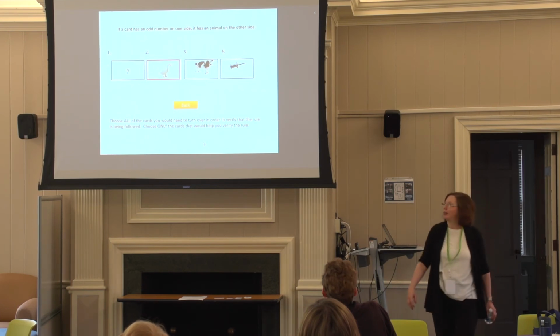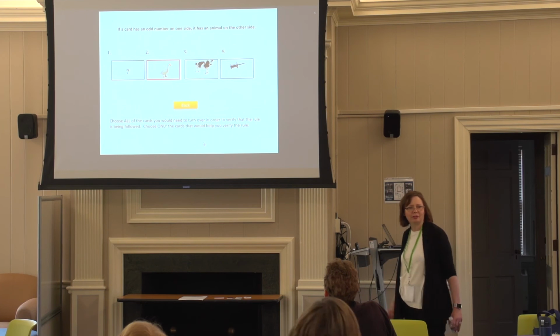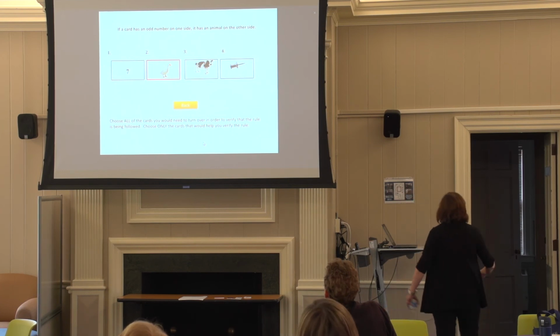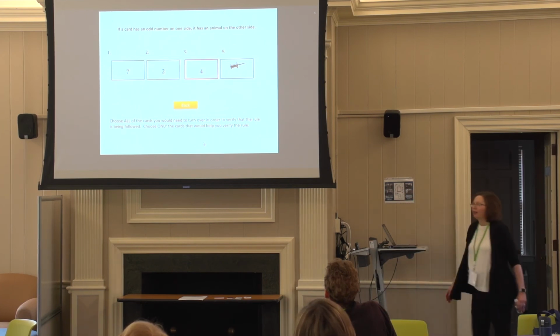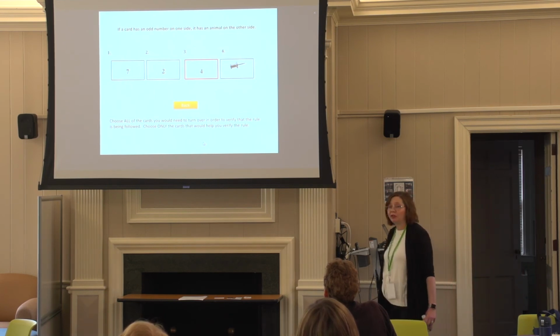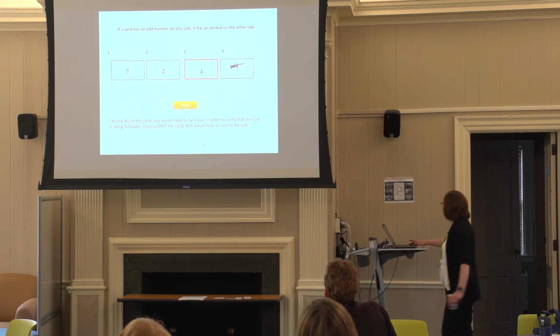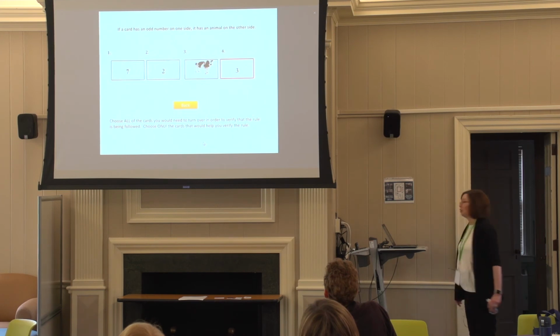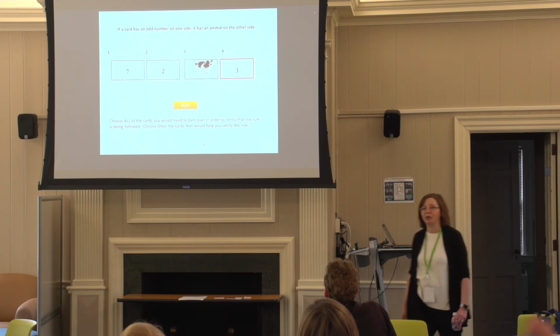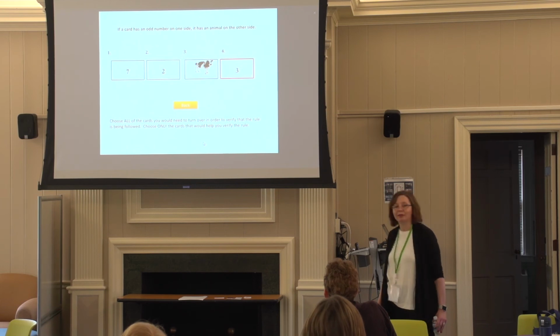We flip over the 2 and it has a duck on the other side. It's got an even number and has an animal. Does that show us our rule is being broken? No? Yes, some people say yes, some people say no. Okay. We flip over an animal and it's got an even number. Is that helpful? Some people say yes, some people say no. And we flip over our non-animal and it's got an odd number. Okay, now we know the rule's being broken. Is all that just crystal clear to you?